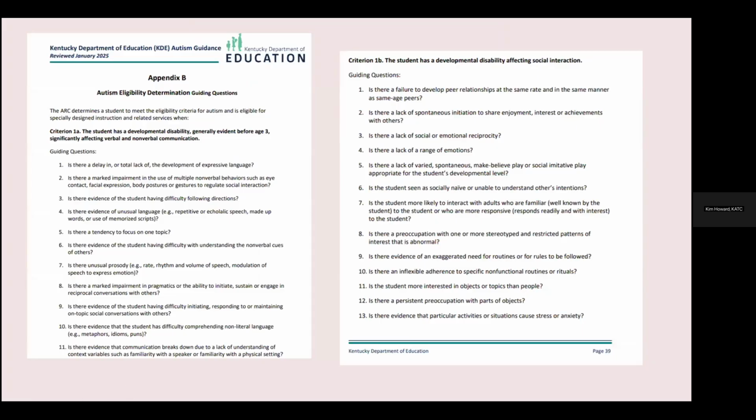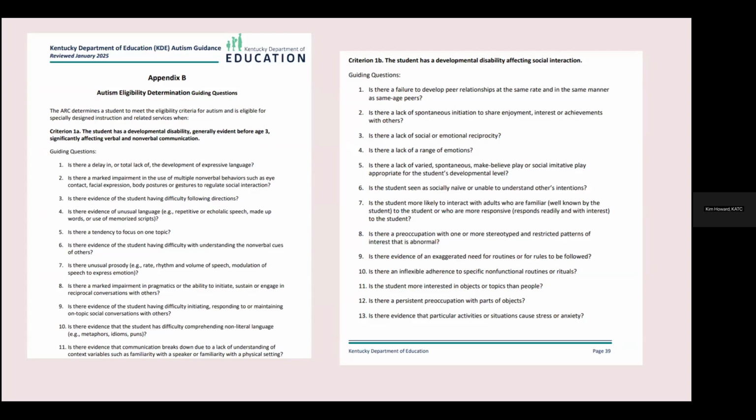All right, if you go into the autism guidance document, on page 38 and page 39, you're going to actually find these very helpful questions. It's under Appendix B, and they have a list of autism eligibility determination guiding questions, which I found so helpful. If you haven't opened up that document, Dion has dropped it into the chat, so you can find it pretty easily to help you get started. So scroll on down to page 39, and I'm not going to read all of these questions, but I'm just going to pick out some of them to help us get started. Okay, so